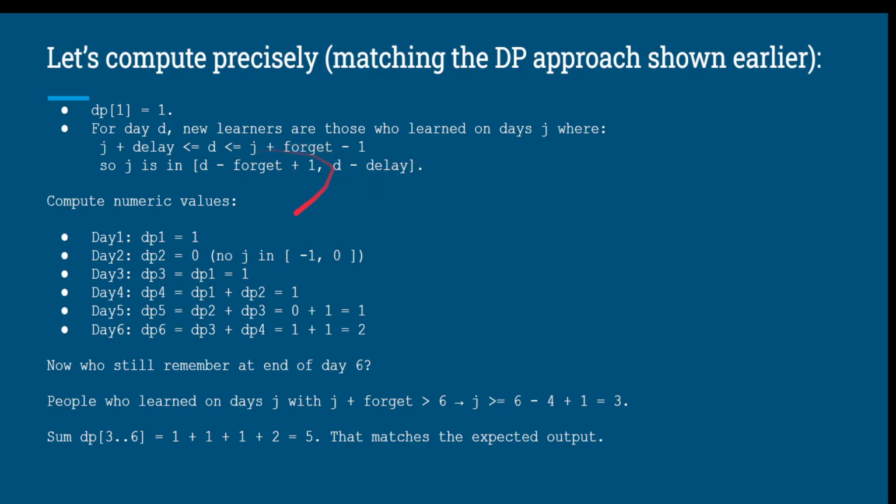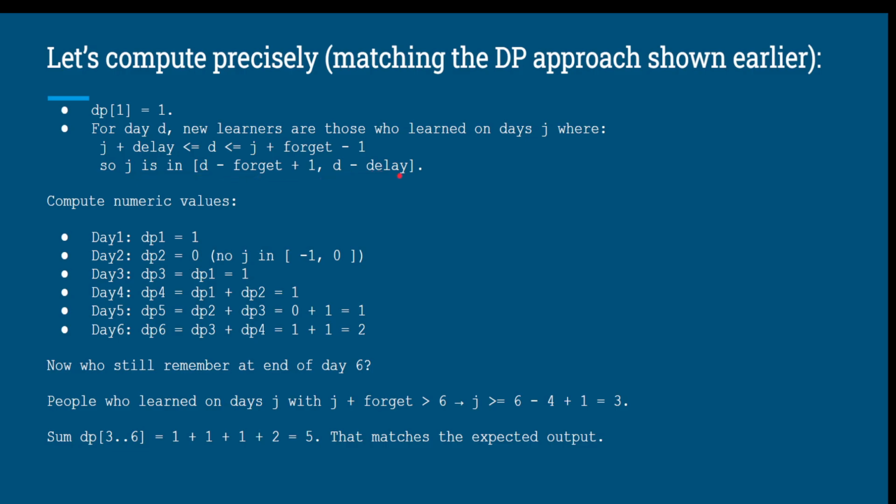So mathematically, if you compute it, at day 1 we know that dp is 1. On day 2 we have not shared with anyone. Day 3, dp1 is equal to 1. Day 4 we have to compute it, dp1 and dp2 will give 1, and dp5 will be dp2 plus dp3, and you will get 1. Similarly for dp6 you will get 1 plus 1 is 2. So this is what you have to understand, that j will always be between d minus forget plus 1 and